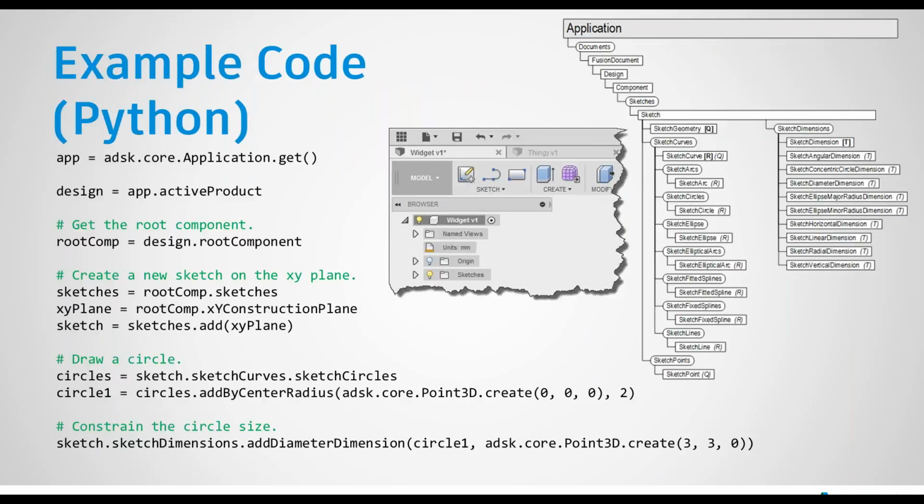All right, so let's look at some real code here, an example. We're still going to use that sketch portion of the API. And so here, this is Python code. And this first line,